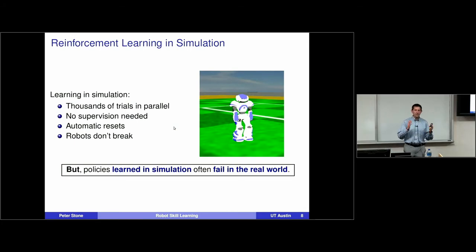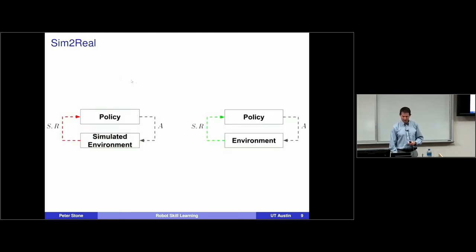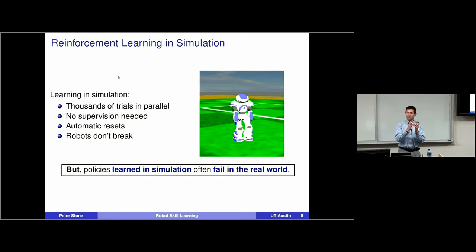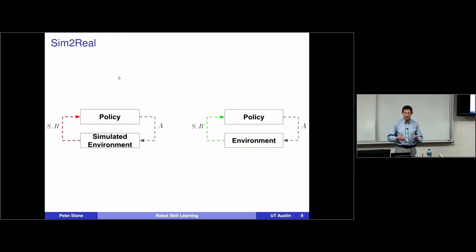There's always going to be some kind of reality gap, no matter how good the simulator is. So what we've been doing in our research is a particular way of trying to accept that there is a reality gap and deal with it. This falls into the general class of research known as sim to real, or transfer from simulation to the real world, where you have some simulated environment in which you can do your learning and you want to move it to the real environment. The state, action and reward interface is the same for your policy, but the dynamics of the simulation are not the same as the real environment.